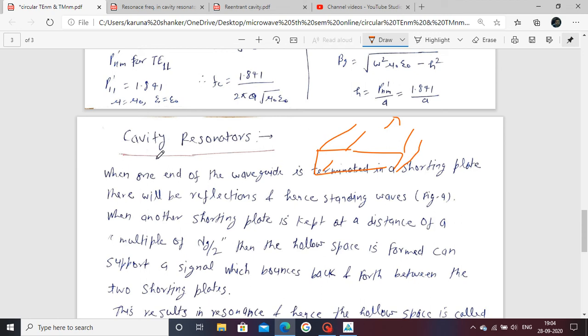Now the waveguide is open on both sides, front and back, considered the input and the output. Rectangular waveguide is open at both ends. Now at these open ends we put a metal plate, and also at the other end we put a plate. Now this is a complete box form. This is called a cavity.